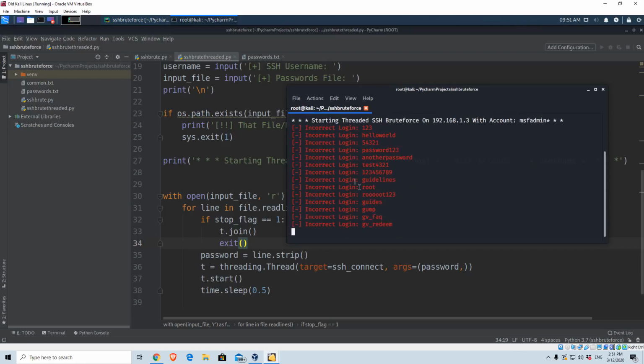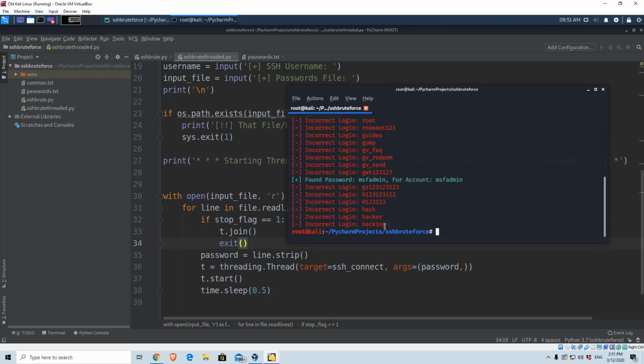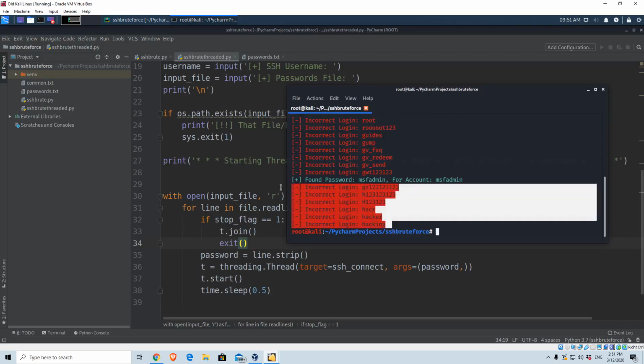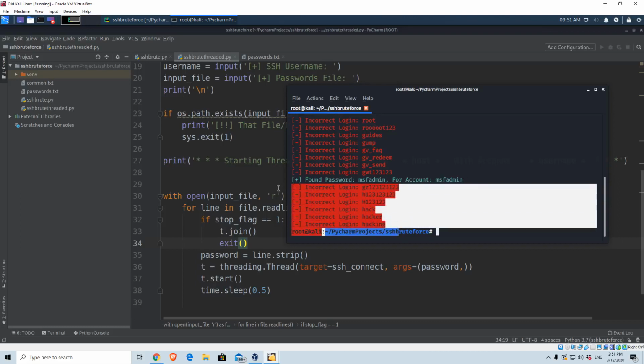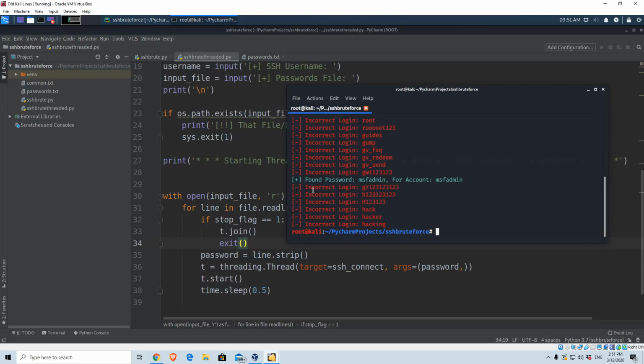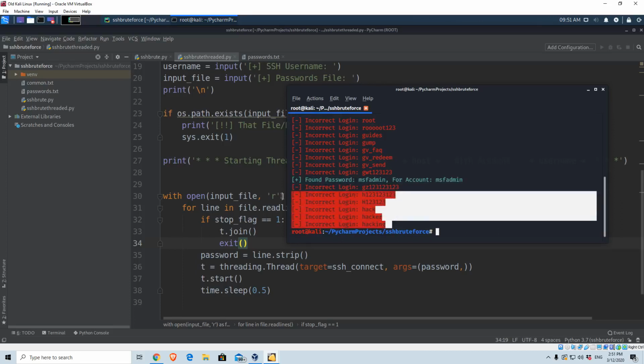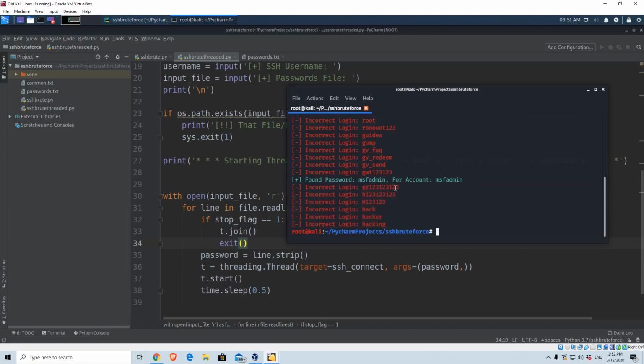As you can see, we already managed to cover more than 20 passwords, and here it is. Here is the correct password. And a few seconds after that, it closes the program. Now the reason why it goes for a few more passwords after finding the correct password is because all of these passwords were separate threads that were run before this one had finished. Therefore, it had to finish these ones first and then exit the program. And you can see how many passwords we managed to actually cover in just a matter of a second or two, and it also managed